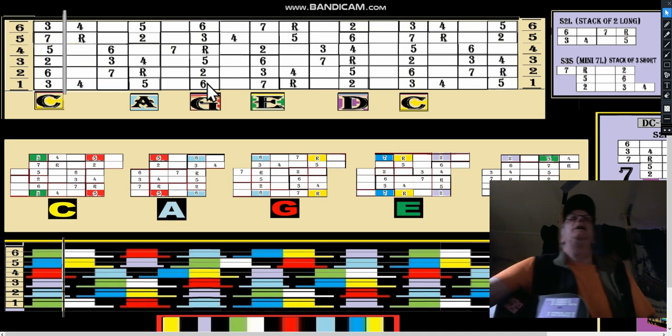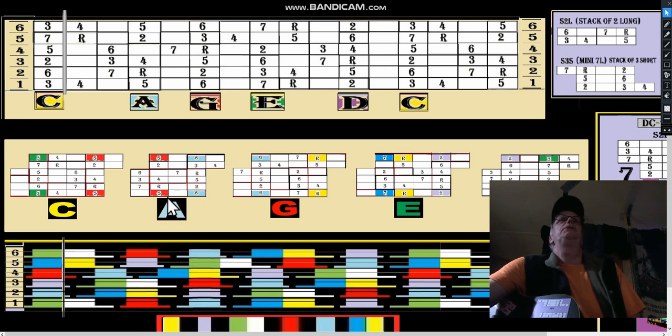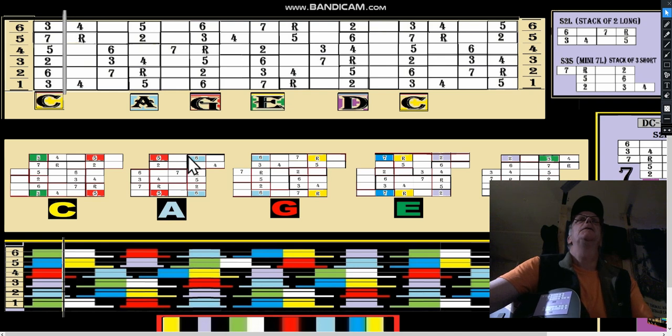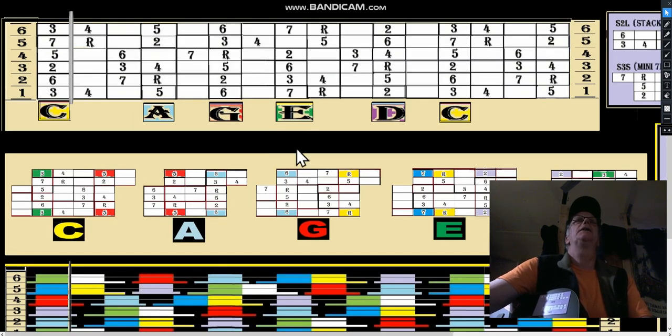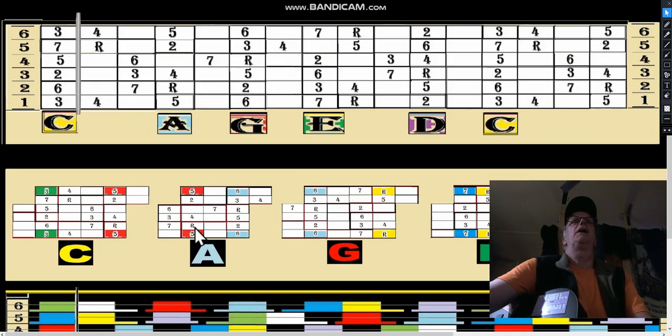But the bottom line is, what shape would you start? You would have to start the A shape here. Now the A shape over here, okay, let's look at this. The A shape has a 5-6-R2. That's the top of an S3S. Okay, so 5-6-R2, and then you go into an S2L, a stack of 2 long,